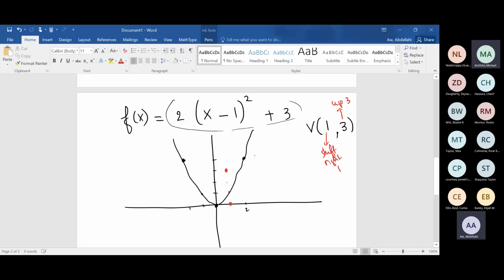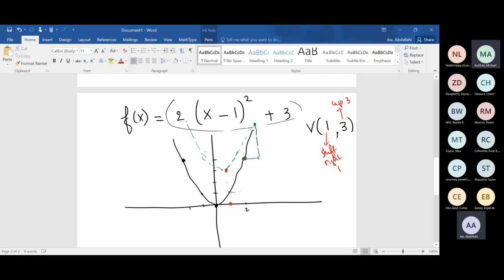You see this point right here? What's this point going to become? It's going to become 1 right and 3 up. This point right here, all of them, 1 right, 3 up. So 1, 2, 3 is going to be like that, right? This is going to be my new parabola. Okay, that is